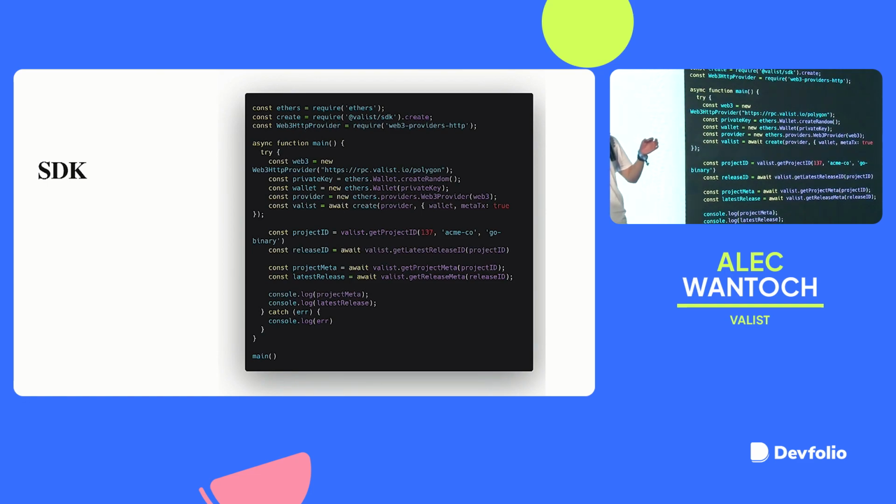And you could also use it to write files to IPFS super easily. We have really nice helper functions called writeJSON, writeFile, and writeFolder. And all you do is just pass in the file or the array of files, and it gets it onto IPFS super easily. And then you could use that to programmatically create a release. So if you're doing dynamic assets or things like that, you could basically use that for version control of any type of data that you want.